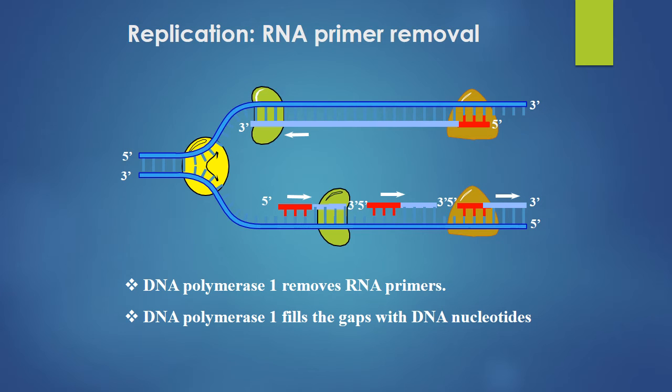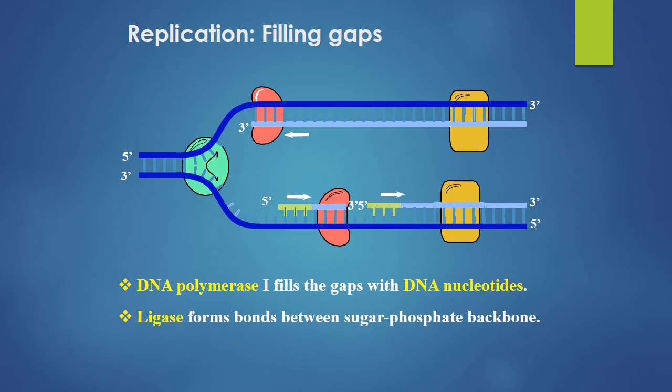So the RNA primers have to be removed so that DNA nucleotides can be used to fill those gaps. And the enzyme that is responsible for that task is the DNA polymerase 1. So once the DNA polymerase 1 removes the primers and fills those sections, the ligase enzyme